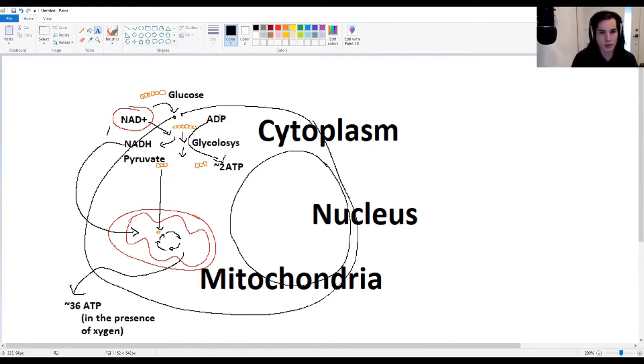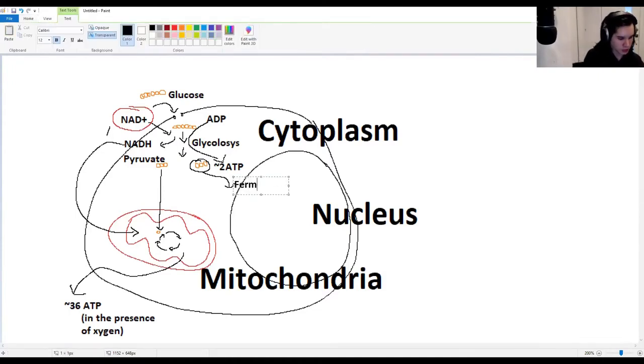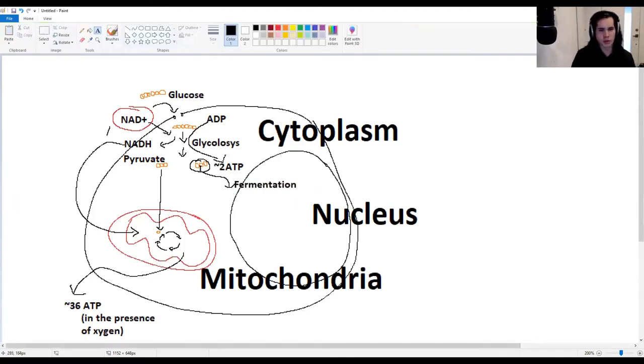Okay, so we take that ADP, we make 2 ATP. We have no oxygen, so we're going to have to do something about this. What we do is we take these pyruvate molecules and have them undergo a process called fermentation. Fermentation is a very short process in us, especially. So we take this pyruvate, we ferment it, and what happens is we will create